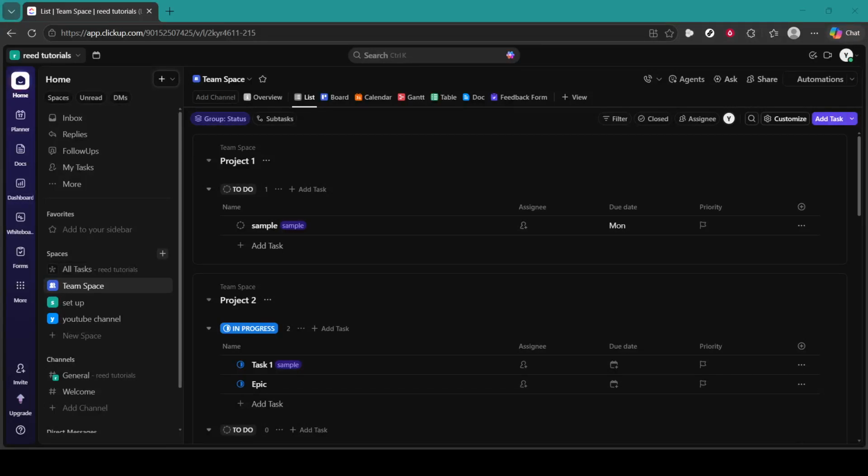In today's video, I'm going to teach you how to change task color in ClickUp. By the end, you'll know exactly where to go and what to click so your task colors reflect your workflow at a glance. First, open ClickUp in your browser or desktop app and go to the workspace where you want